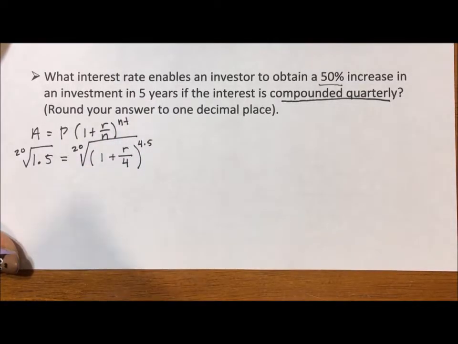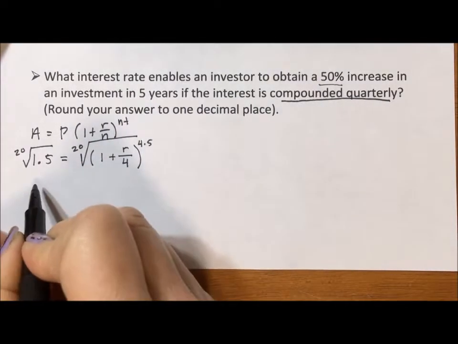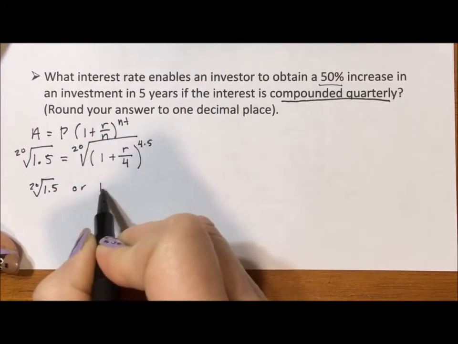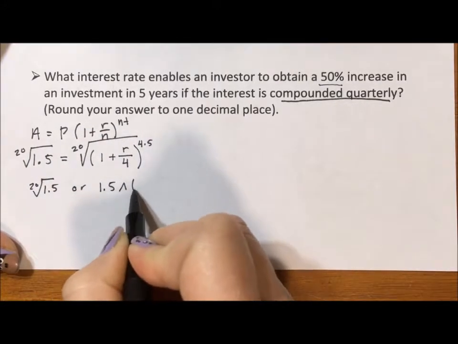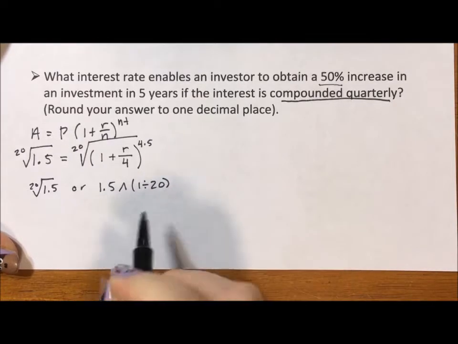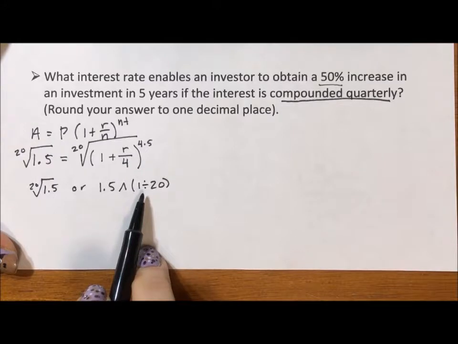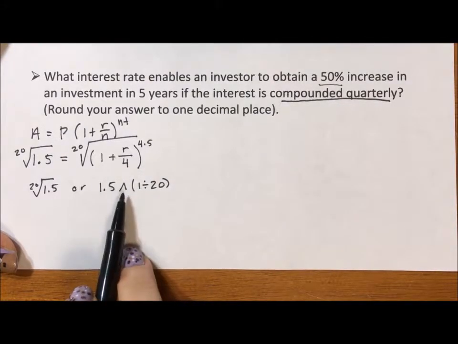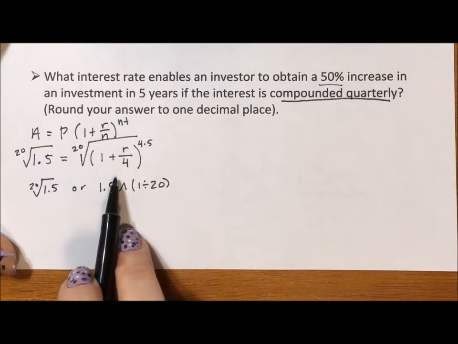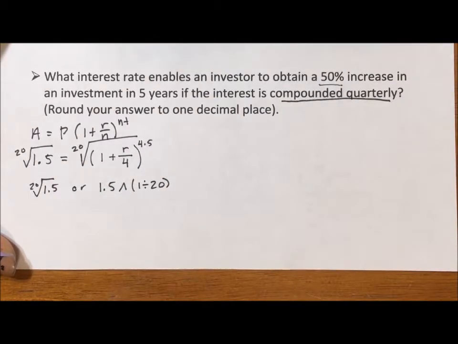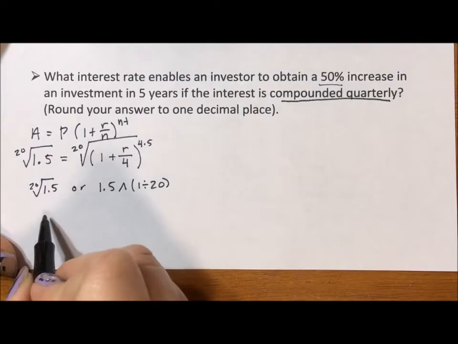and you could enter it that way into your calculator. Or you could say 1.5 to the power of 1 divided by 20. A fractional exponent is the same as a radical. I tend to do this one because usually there's a bunch of stuff on my calculator, and just doing power of is a lot simpler. And if you have a calculator that bumps you up to a little box in the exponent position, you don't even need those parentheses. So when I do the 20th root, I get